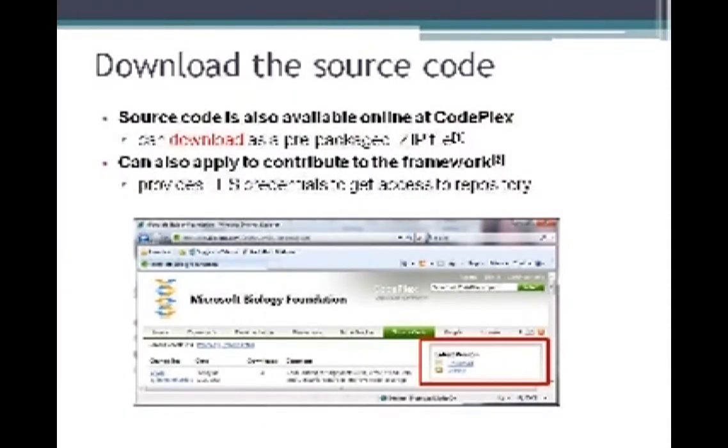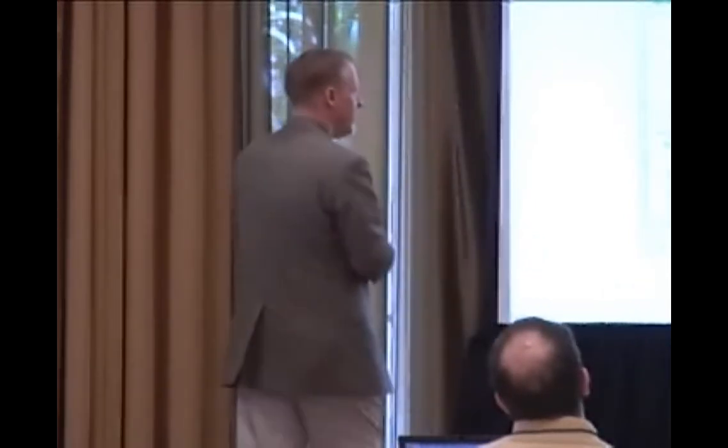Now, you can also download the source code. That's the mbf.codeplex.com site. On that site, if you go to the source code tab, the one that's highlighted in green, there will be a download link on the far right that will give you the current iteration of the source code. Now, this is managed inside of a source control system, and so you can actually go back and see the change sets that have been checked in by the team that has been building this. That link will give you the current iteration of the source code.